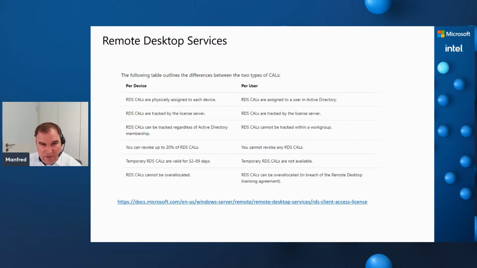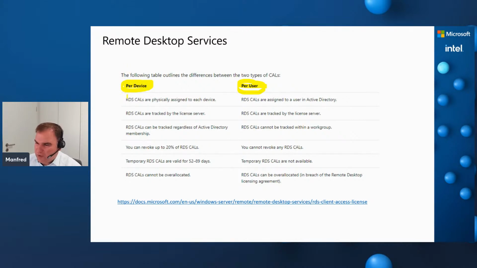The services and the licensing can be done per device or per user. We are always looking at the accessing objects. So when we license per user, it's relevant for us how many users access the RDS host. When we look at the per device option, it's important to know how many devices will access the RDS host.